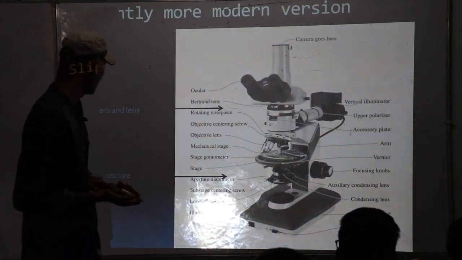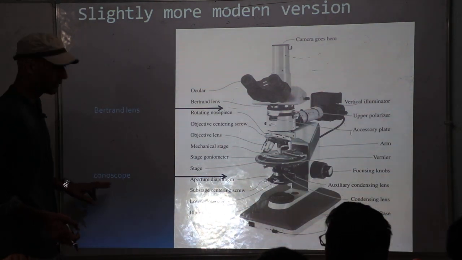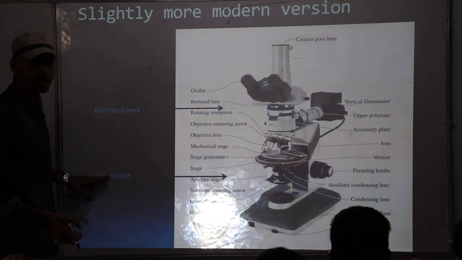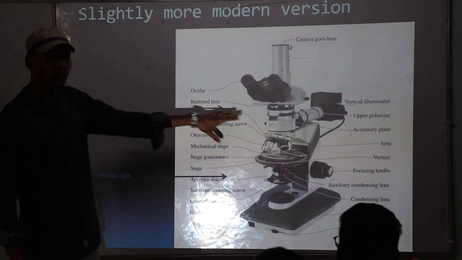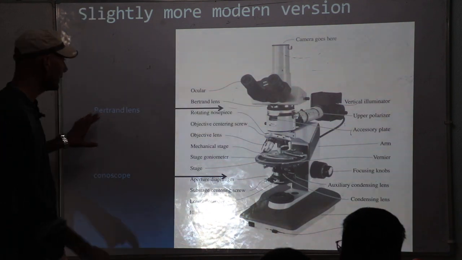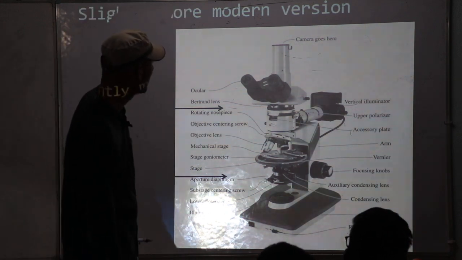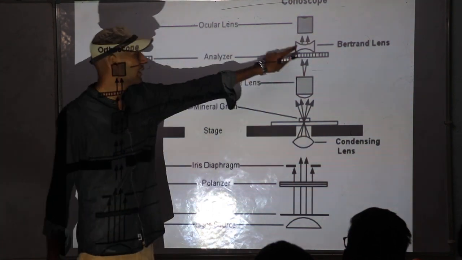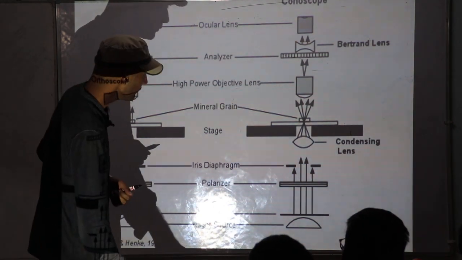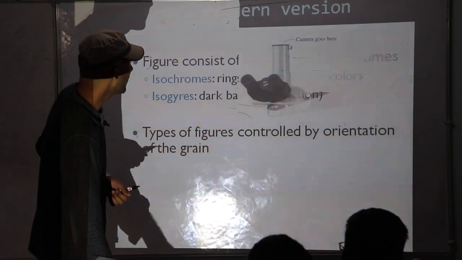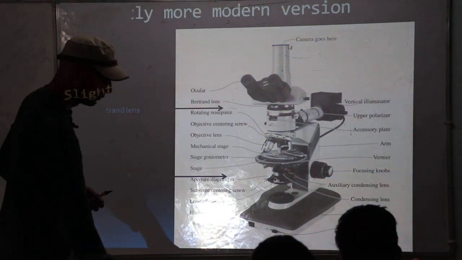this is an optical microscope. You can see the position of the condensing lens, that must be below the stage. The condensing lens must be below the stage to produce cone shaped light. The Bertrand lens is in between the eyepiece, that is above the analyzer. You can see in this diagram also, that is above the analyzer. The Bertrand lens is used above the analyzer. And talking about the ocular, these are the ocular lens, the eye lens, right? You can remove that also.